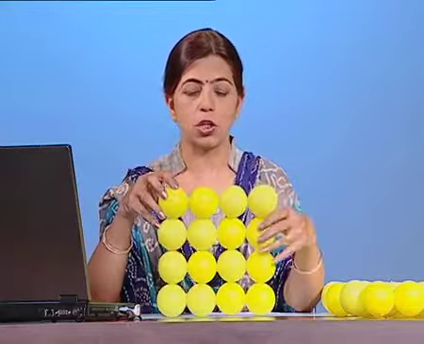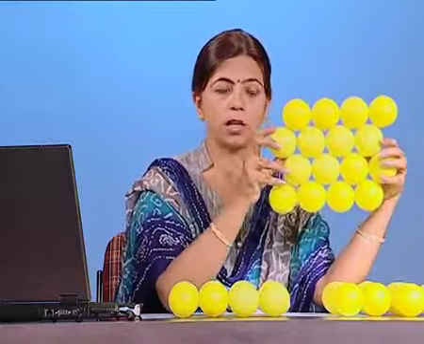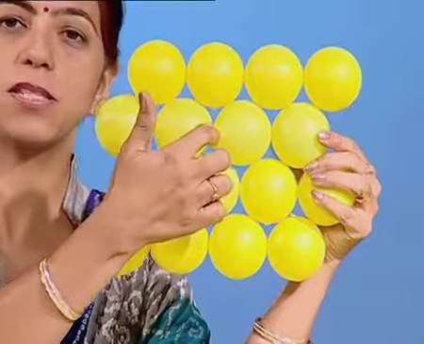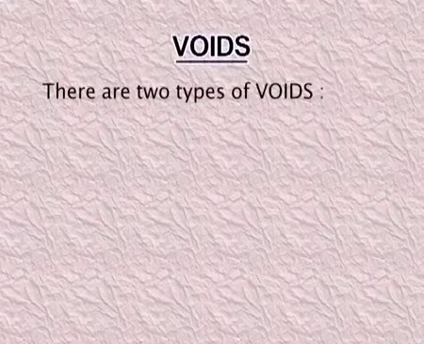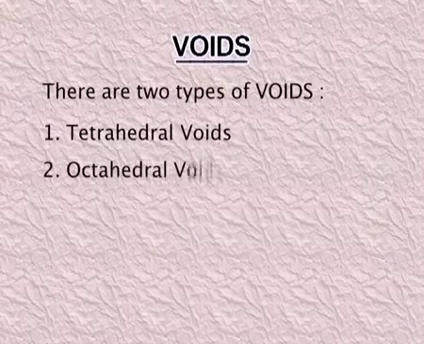Just now you have seen one-dimensional, two-dimensional and three-dimensional packing. In spite of closely packing these atoms, you can very well see these empty spaces. These vacant spaces are known as voids. In the square close packing you can see these voids. Even in the hexagonal close packing you can see these vacant spaces. These are interstitial spaces or the voids. The voids are of two types, the tetrahedral void and octahedral void.